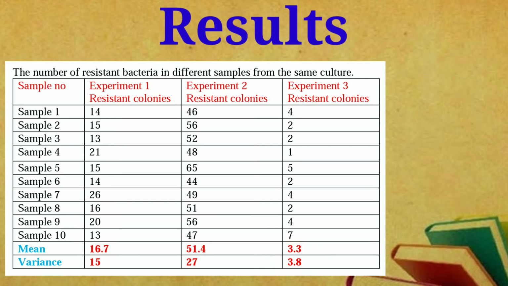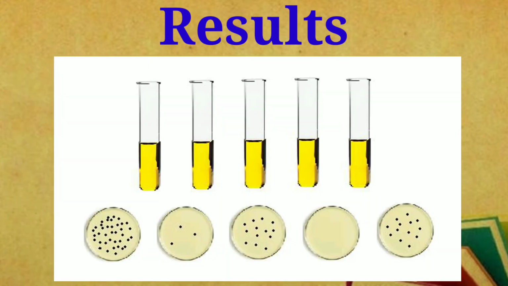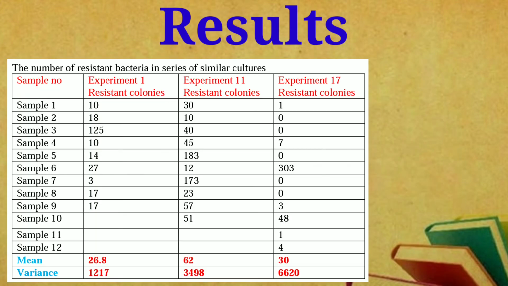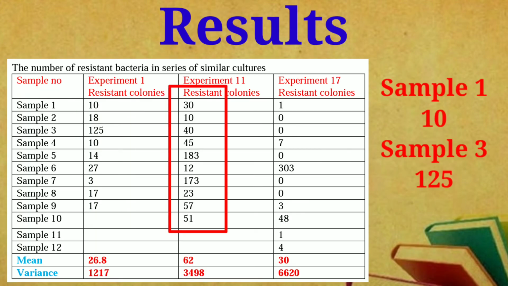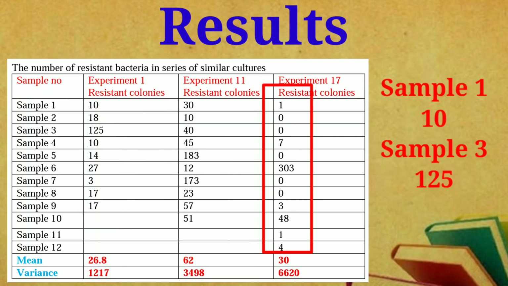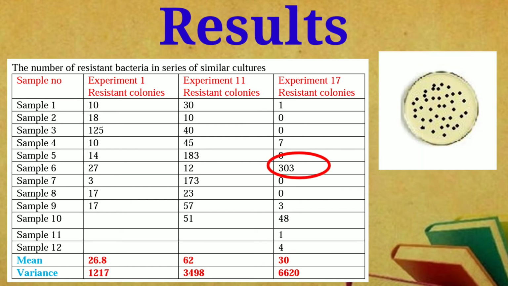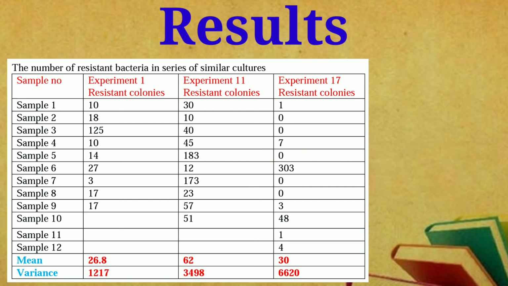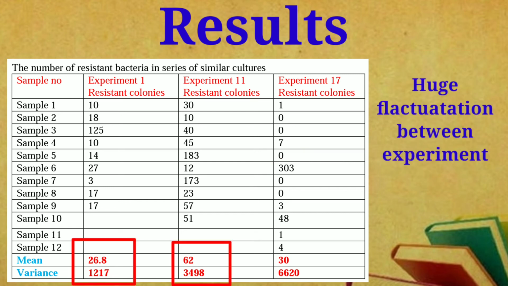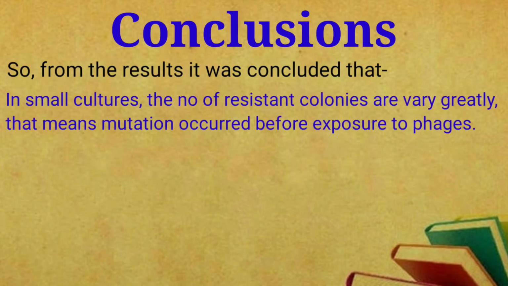But in order to establish this hypothesis, look at the second experiment. With a large number of small cultures, the total number of resistant bacteria fluctuates widely from culture to culture. In some cultures, they found huge number of resistant colonies. Those plates are named as jackpot cultures. You can see the variance and mean are again not equal. These findings provide a very good evidence for mutation hypothesis.